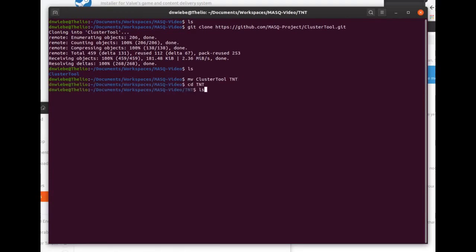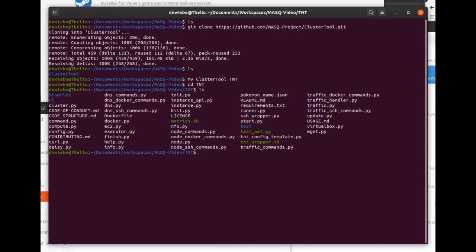And if we cd in there and look, there's the TNT code. So this is a good place to start following the instructions from the README file on GitHub. So let me figure out how I'm going to do that in the screencast video.